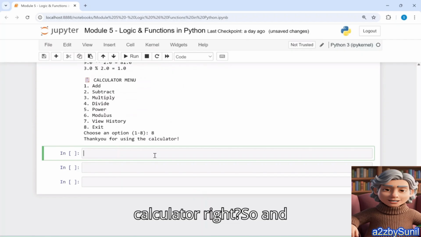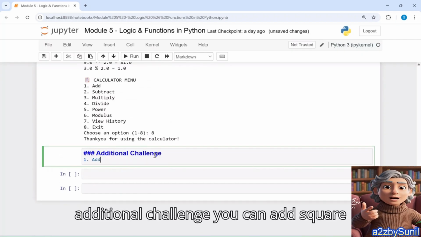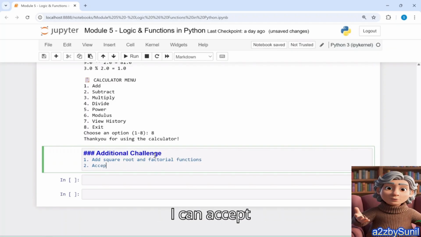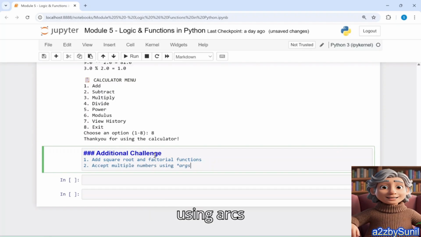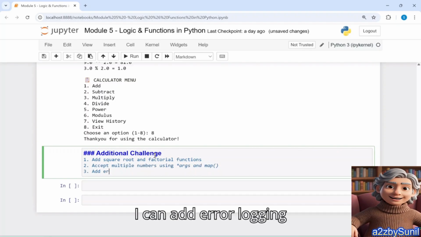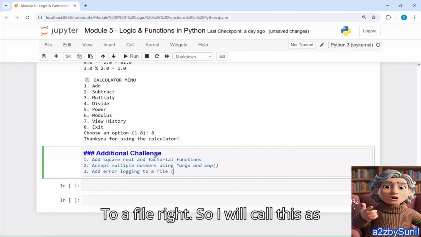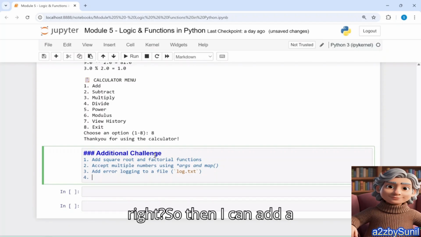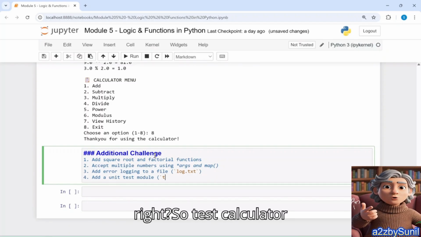And I'll say it as additional challenge. You can add square root and factorial functions. I can accept multiple numbers using args and map. I can add error logging to a file, right? So I'll call this log.txt file, right? So then I can add a unit test module, right? So test